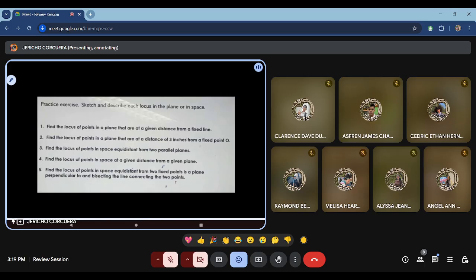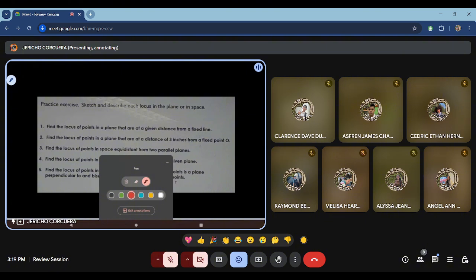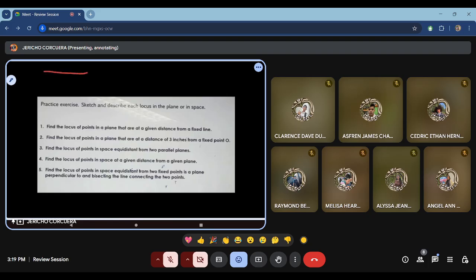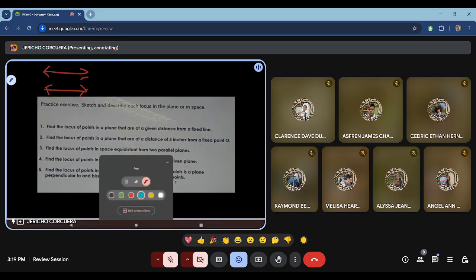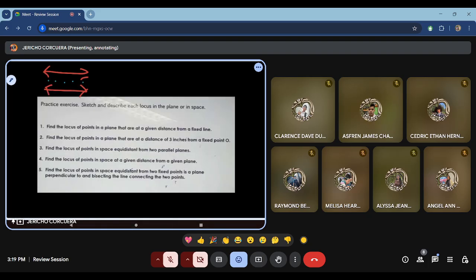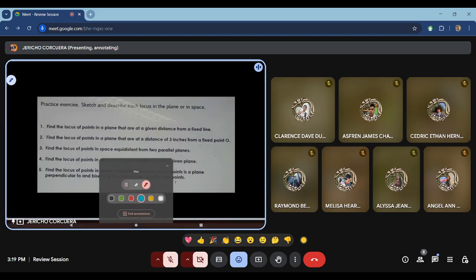And number three is actually a pair of parallel lines, and the locus is midway. So let me just illustrate this like this, and this is the locus of points. Yeah, like that. Next,